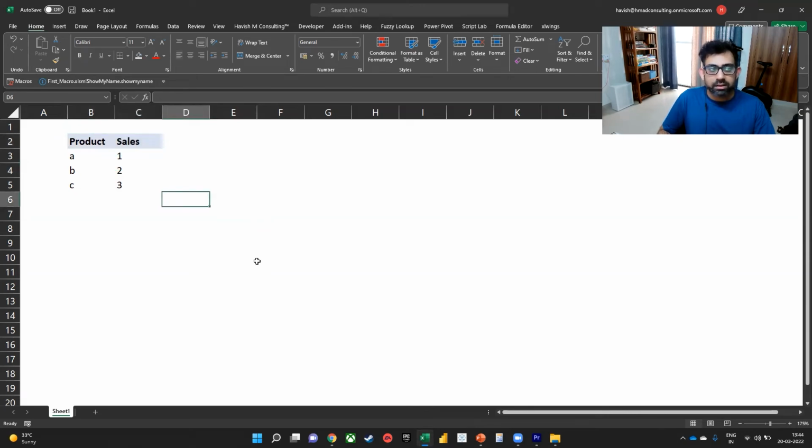Perfect. Now what we want to do is that there should be a border applied to all these three rows because there is a value in it. For example, if I put in a D, then in that case, there should not be a border because we don't have the sales value next to it. We need to have a D and a 4 or a 5 so that the border is applied. So the condition that we will keep here is that on these cells,